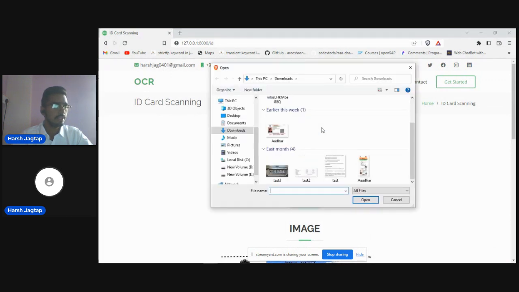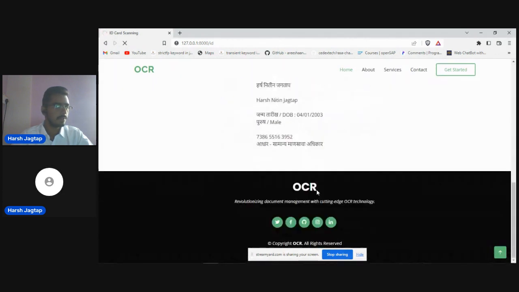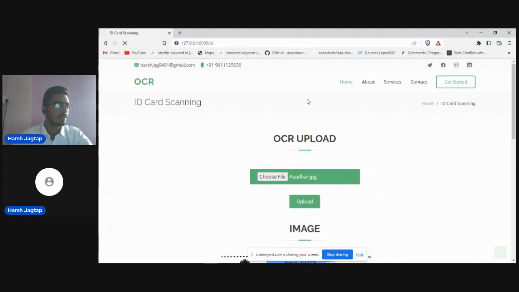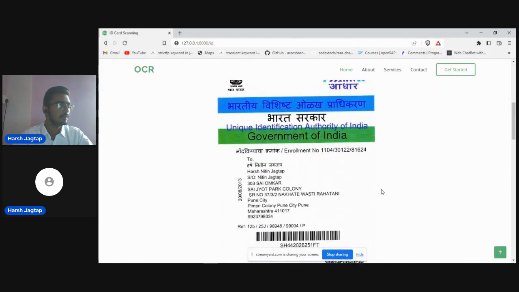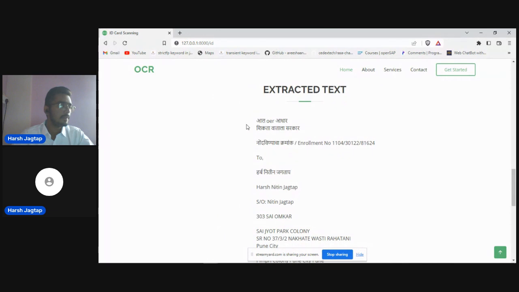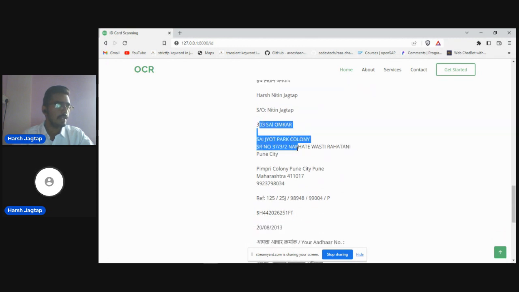Let's see with another image. It is the same image, but it contains some more information. Here you can see almost all the information. There are some errors, so you can't say it is 100% accurate, but most of the important things are extracted correctly, like the name, father's name, address,